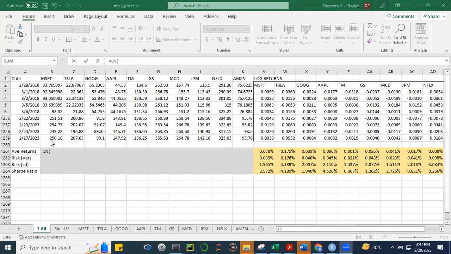Ito pwede ba? No, sir. Hindi pa pwede. Sa price at time t, ito pwede ba? No, sir, hindi pa pwede kasi wala siyang previous. So this is what we're going to do. Kasi ang formula price at time t divided by price at time t minus 1, we're not going to look at it from an individual asset perspective. Kukunin natin yung array. Ano yung array ng price at time t? Ito. Ito lahat pwedeng time t. So from B3 to B1259, that's time t. And then i-divide natin sa